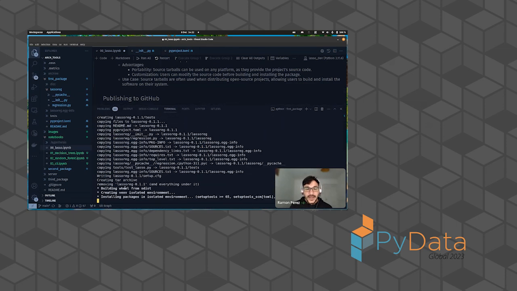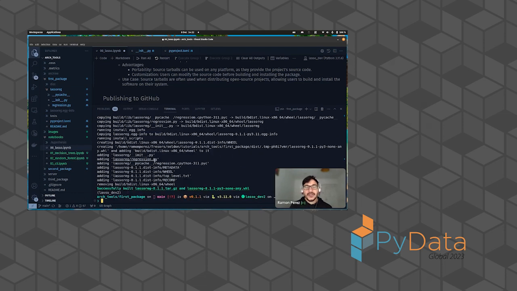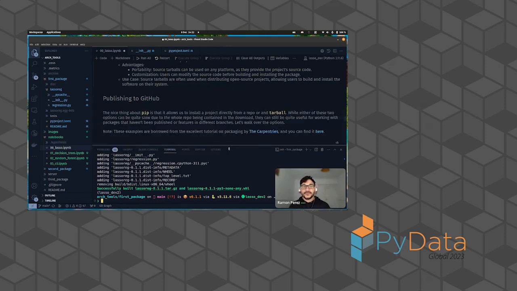And notice that now it's saying lasso reg 0.1.1. And notice that now we just changed that. Lasso reg 0.1.1, and then the same is here because we changed the version of it. Okay, so the next step, oh, and actually let's talk about